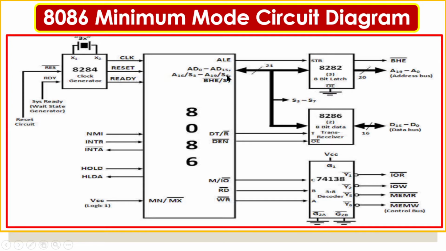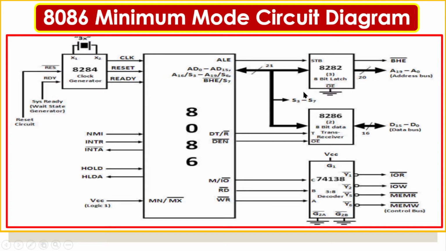But when we want to connect in a system, we need both address and data buses separately. Then only we can interface a memory or IO device and effectively identify the address and read or write the corresponding memory or IO device. So we need the address and data buses separately. That process is called demultiplexing. It is multiplexed on the same pins AD0 to AD15, but we need to separate A0 to A15 and D0 to D15. For that, we need a mechanism which is called demultiplexing.